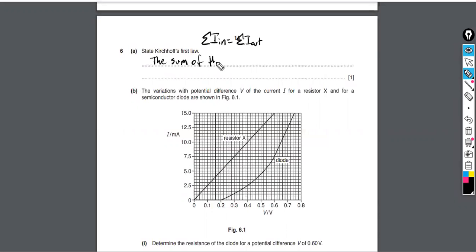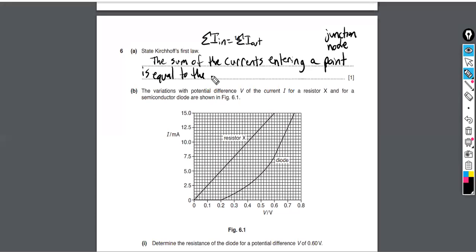The sum of the currents entering a point or a node or a junction. These are the three interchangeable nouns you can use for that. The sum of the currents entering a point or a node or a junction is equal